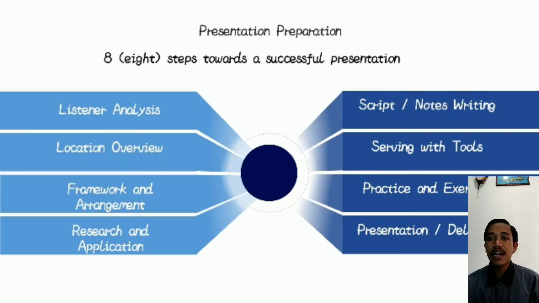The third point is framework and arrangement. Compile a mind map of the selected topic. This is a way to summarize a theme or main point in a book. And point 4 is research and application. This section focuses more on the speaker or presenter reviewing the previous 3 steps, namely audience analysis, site review, and presentation framework. And the 5th point is script or notes writing. In this preparation, it is compiling a paper or complete text, main ideas, in the form of PowerPoint presentation, transparent sheets, handouts, postcard size paper, video presentation, etc.